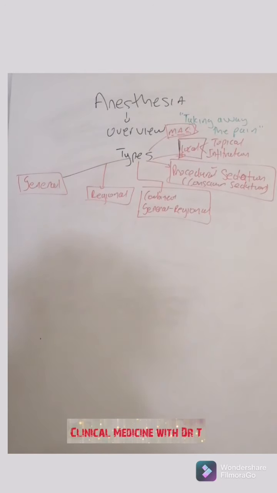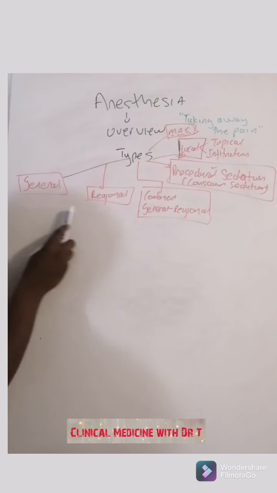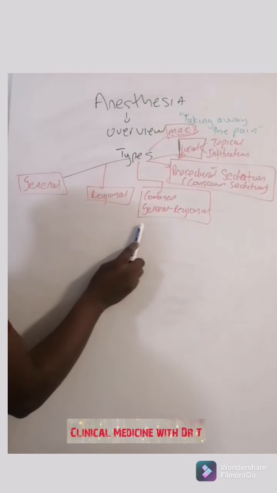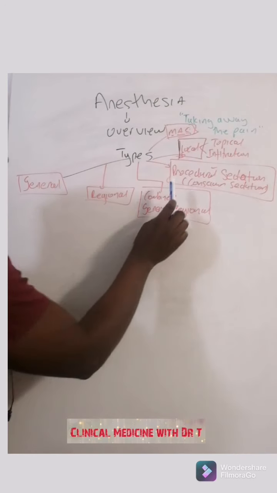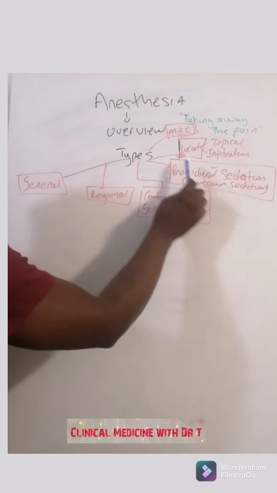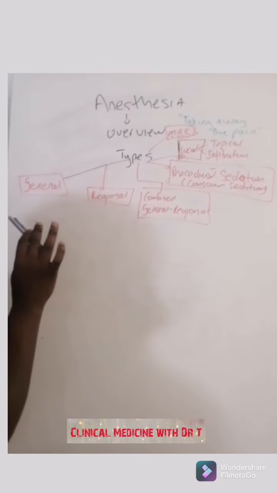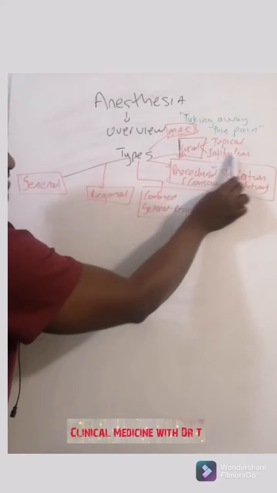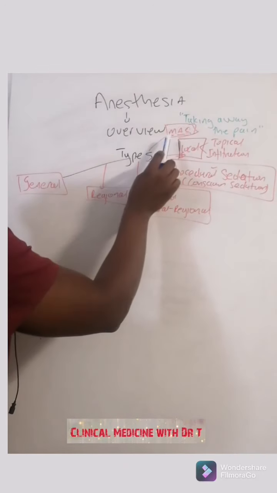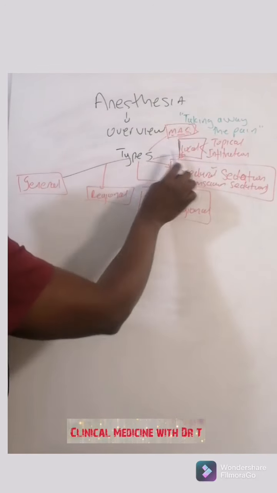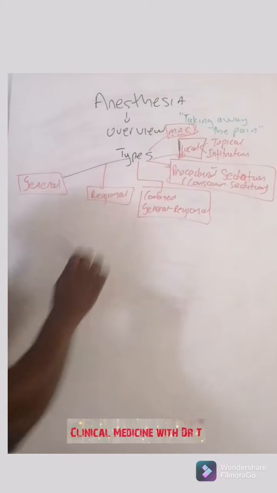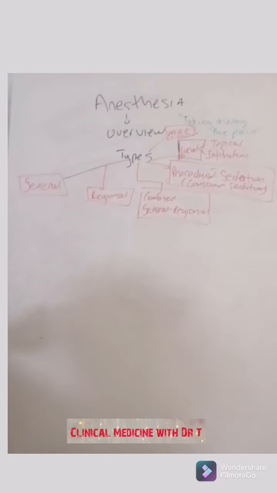In any case, we're saying the types of anesthesia: it's general, it's regional, combined general and regional, procedural sedation, and then we've got local. And when you talk about local, we are specifically talking about things like topical and infiltration. And the MEC, it's not local though; it's on its own there. So now let's move on to general. General anesthesia